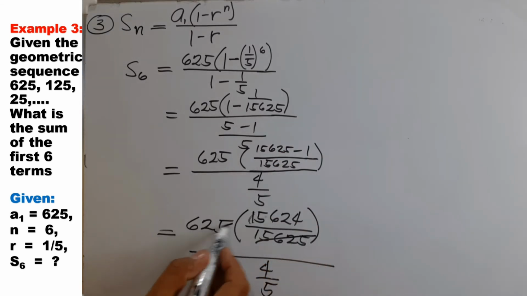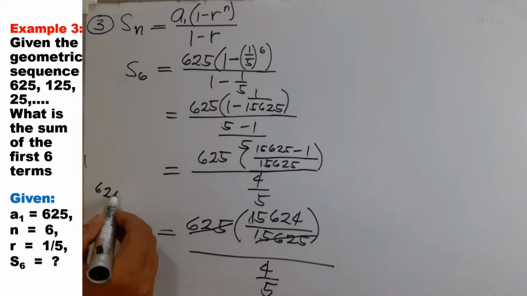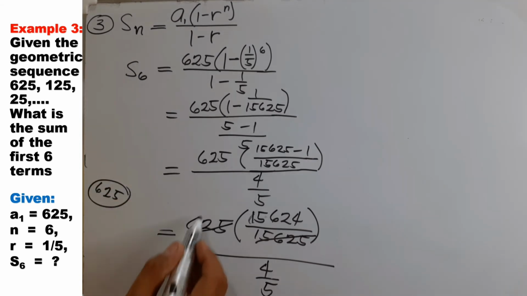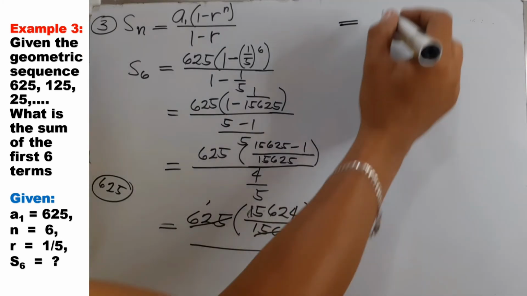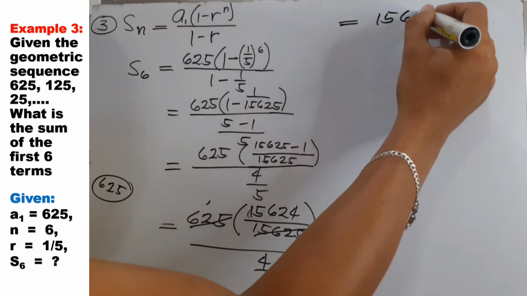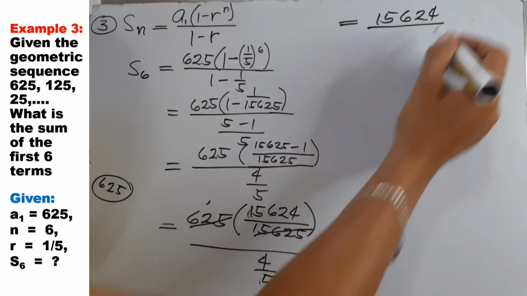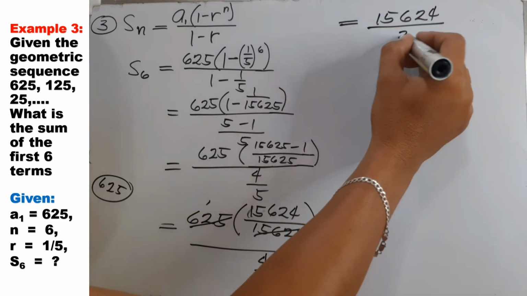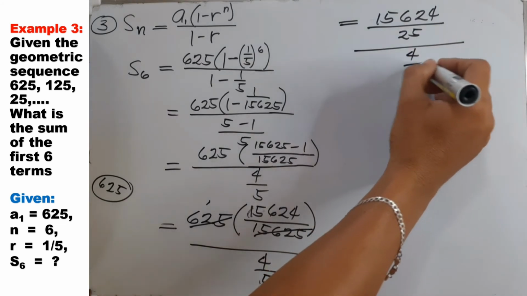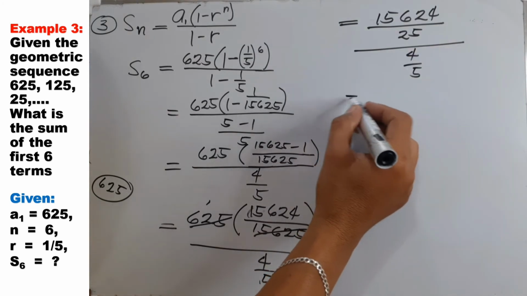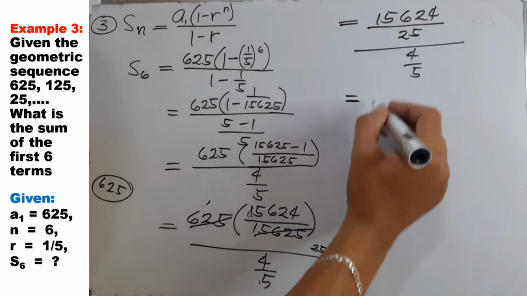Cancel. 625 is the common divisor, so we have 1. 15,625 divided by 625 is 25, equals 15,624 over 25, over 4/5. To divide fractions, copy